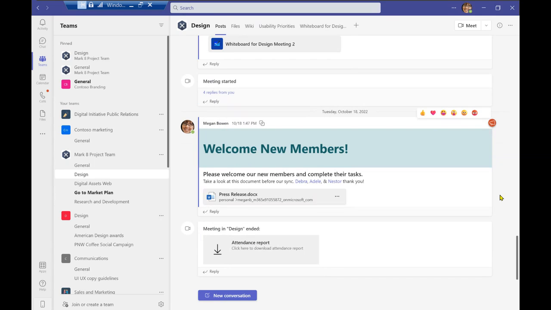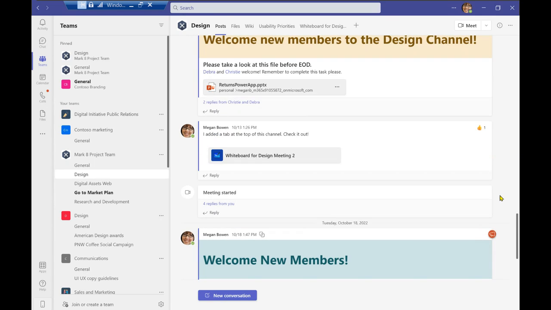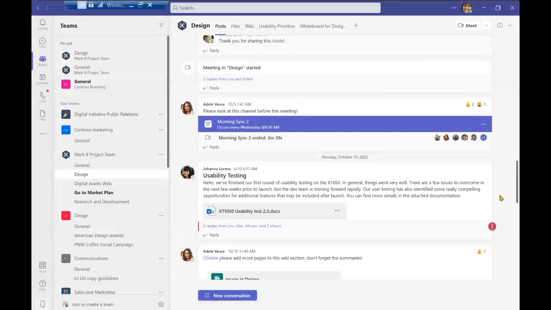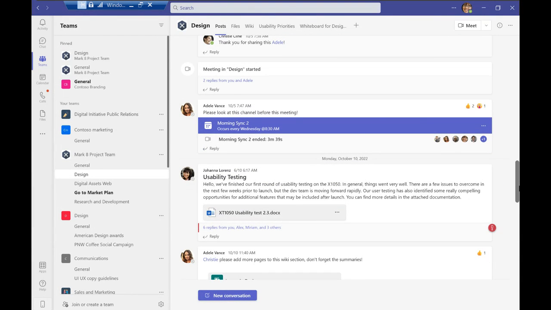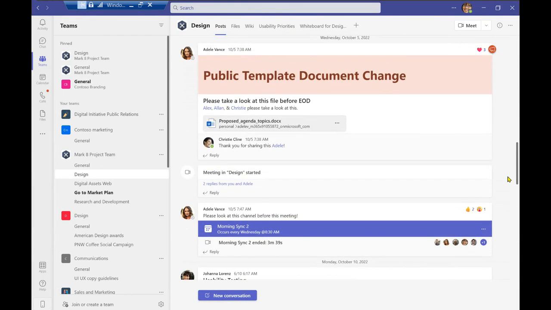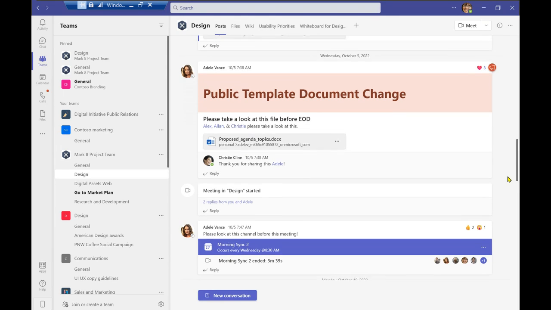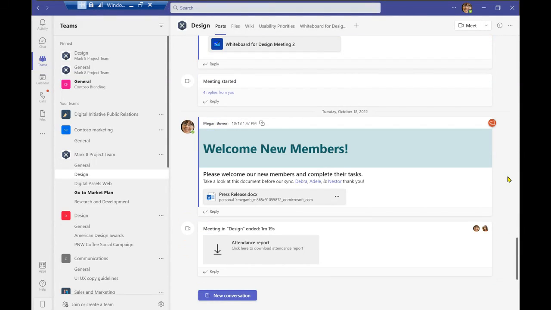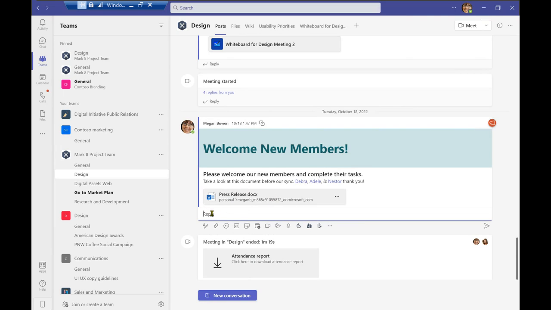Now, if we go to our design channel, as I was mentioning before, there are many announcements and posts, as well as posts about meetings that have occurred that you can track and see the information that people have exchanged throughout their day-to-day functions. So if I wanted to go ahead and refer to a specific post, perhaps how Megan as herself posted something previously where she can go ahead and share information, I can go ahead and select this post and reply to a conversation that has been previously created or engaged in before.